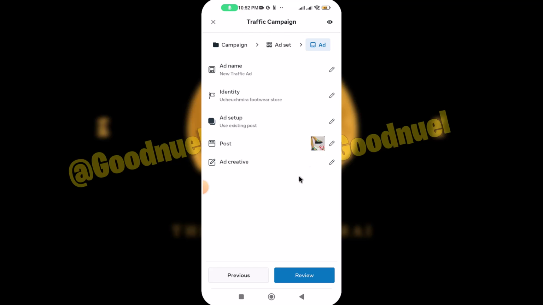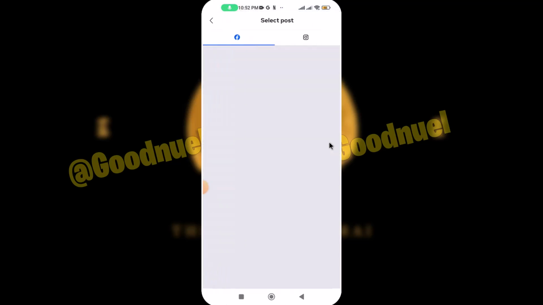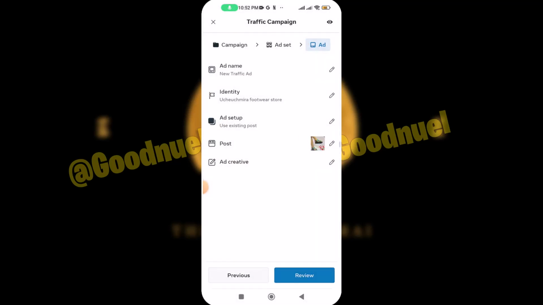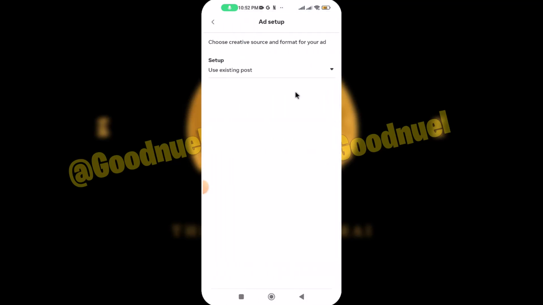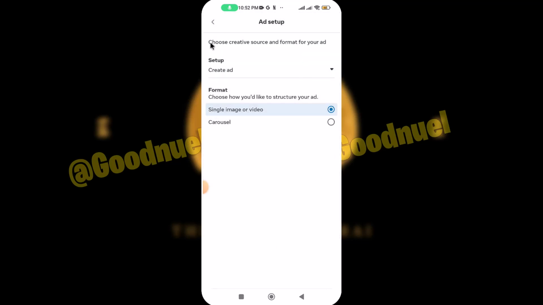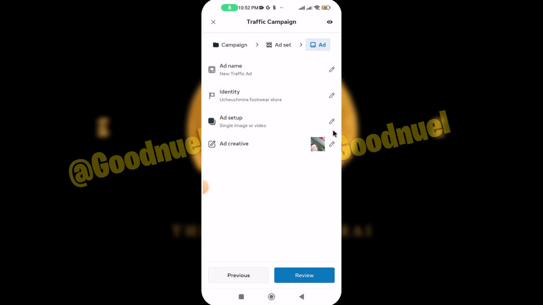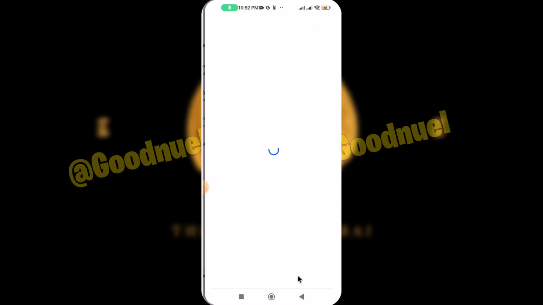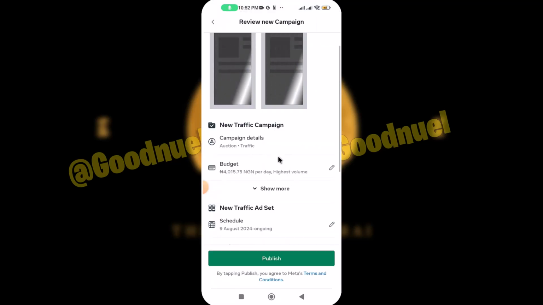So if you want to change these posts, let's say you want to create your own post, you can come back right here and then you can select create ad. So this means you will have to upload the advert manually. All right, so once you are done, you basically just hit review and you are going to see what your